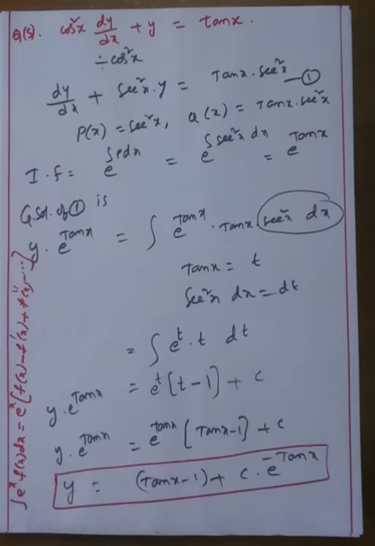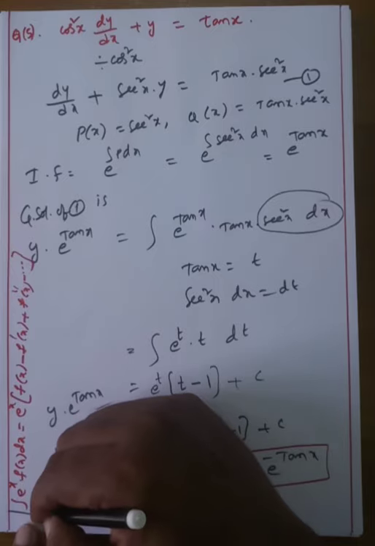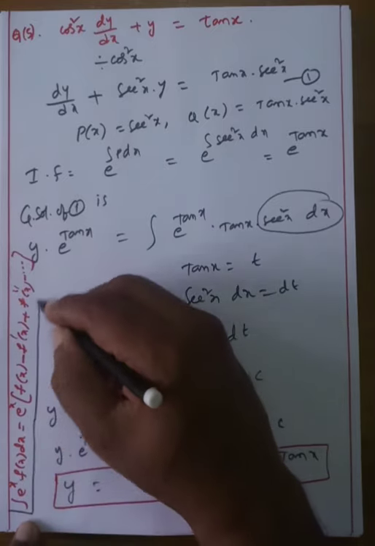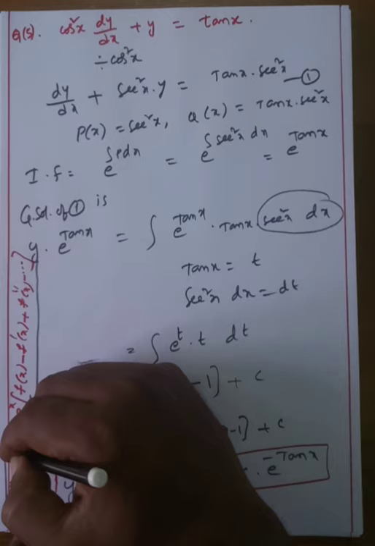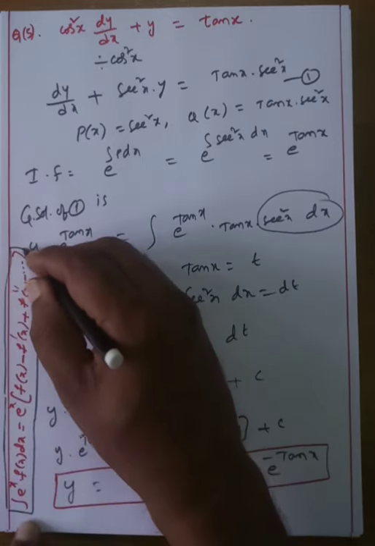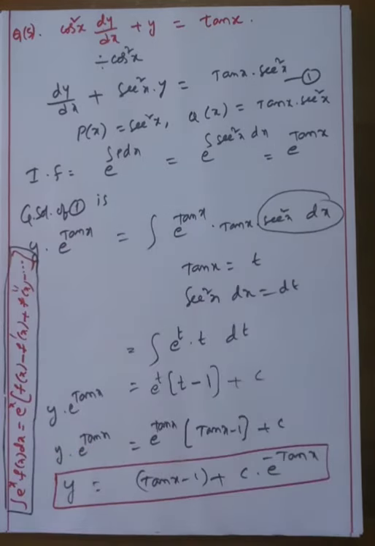You remember this formula also, my dear students. This is very very important. This is called the chain rule: the integral of e power x into f of x dx is e power x into f of x minus f dash of x, the derivative, and f double dash, and so on, until the derivative ends at 0. I hope that you understood or not.